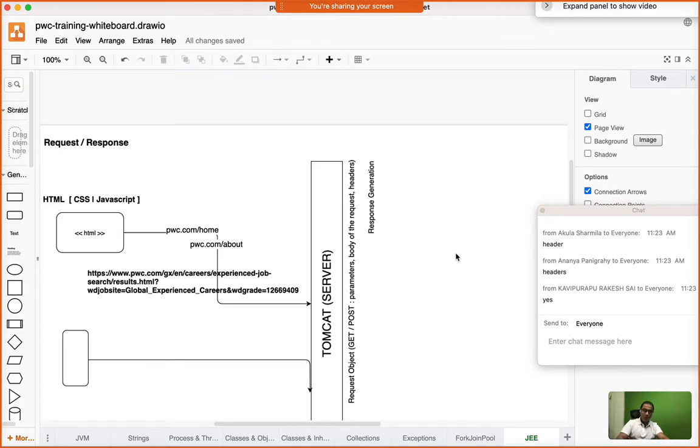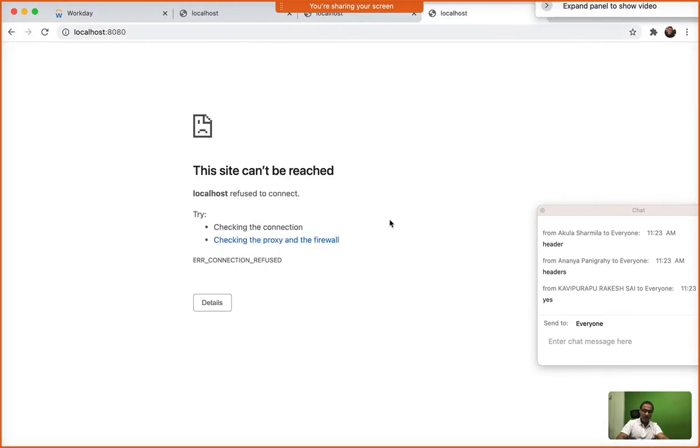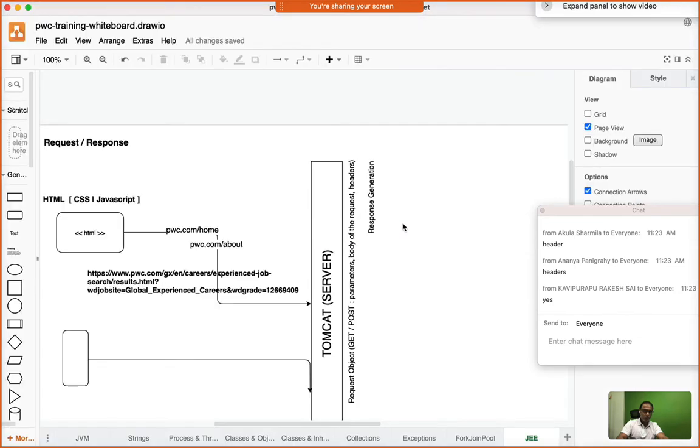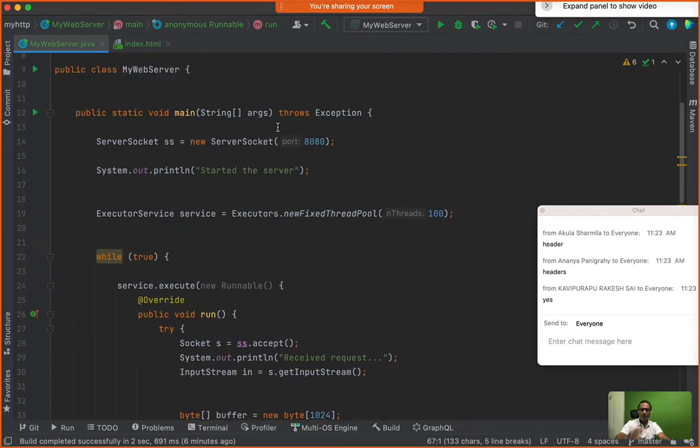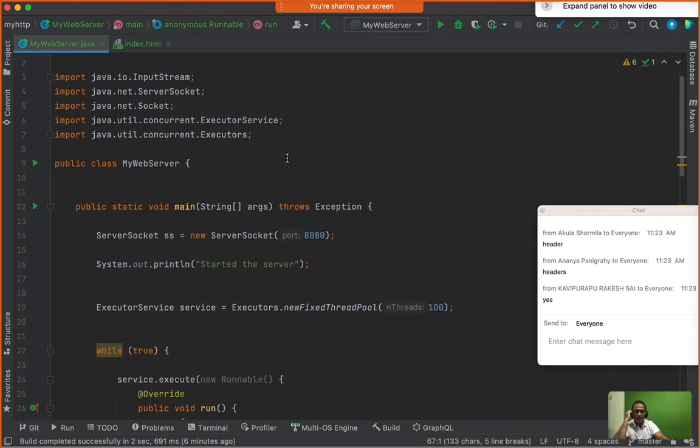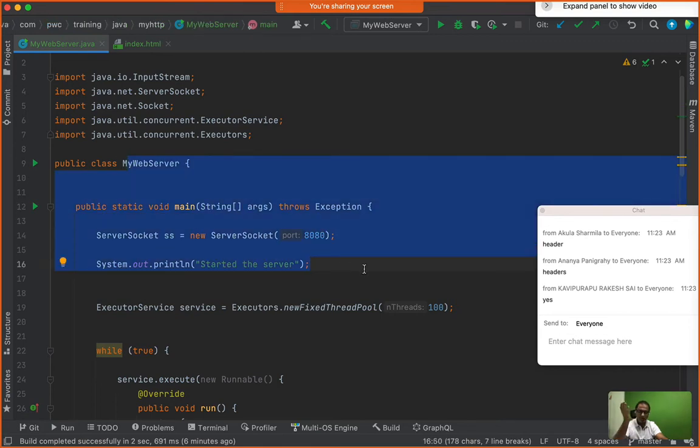But I hope now you are crystal clear on the fact that your Tomcat is going to do no magic. It's going to do no magic other than what? Implementing the same thing that I implemented, but of course, very elegantly. As I said, no one is going to use what I built. You're going to throw this away. There are hundreds of features, and all of those features must be beautifully implemented, elegantly designed, and it must be state of the art. What I have developed is just for the sake of explaining to you that internally Tomcat